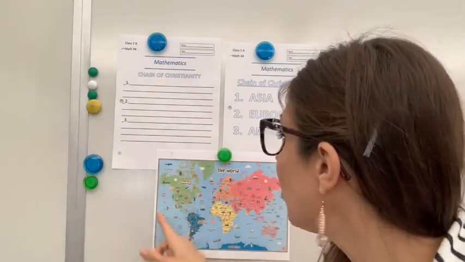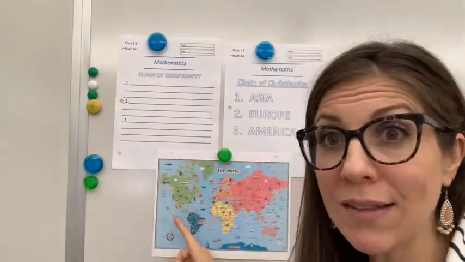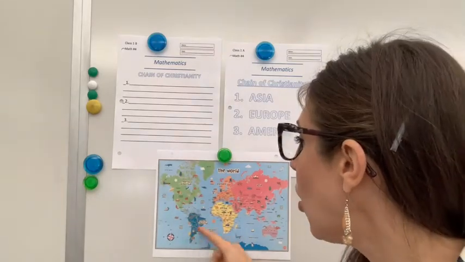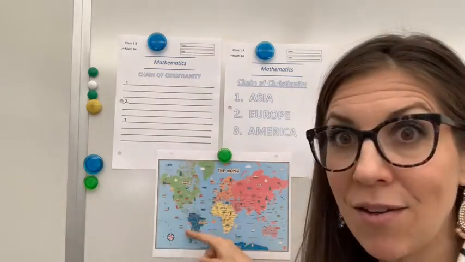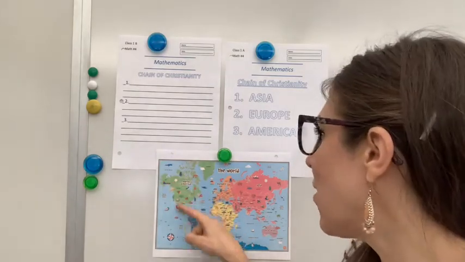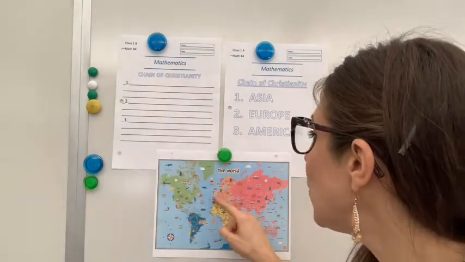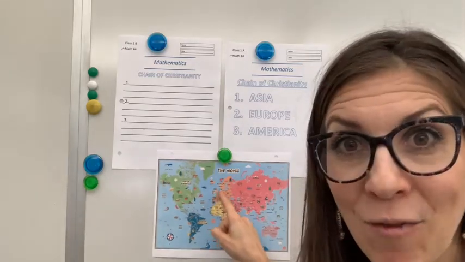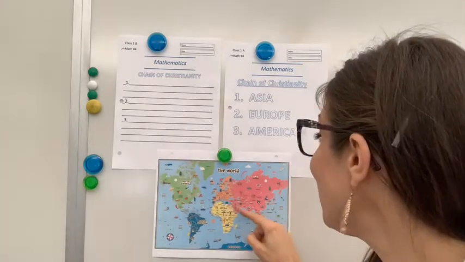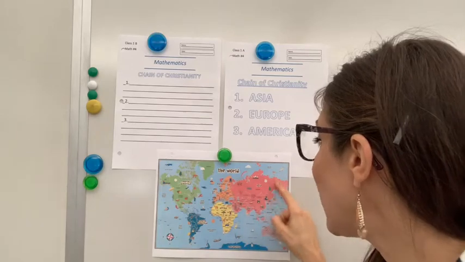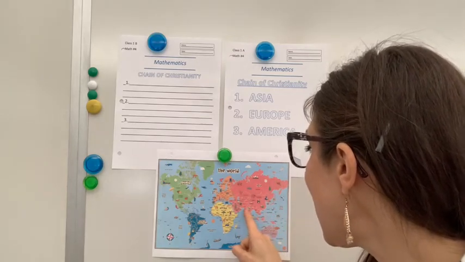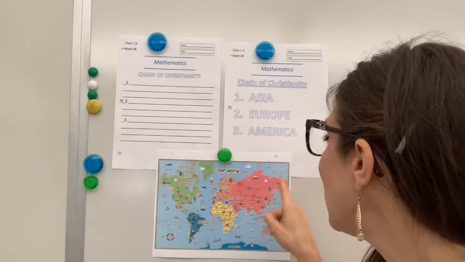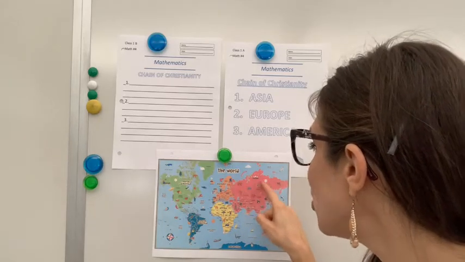You see how the world is separated into continents? There's North America, South America. So all this is the Americas, okay? We call it the Americas. And then there's Europe right here in orange. And France is right there, right? Where Miss Sarah is from. And then there's Asia. So in Asia, you have India, you have Singapore, you have Japan, you have China, Russia,